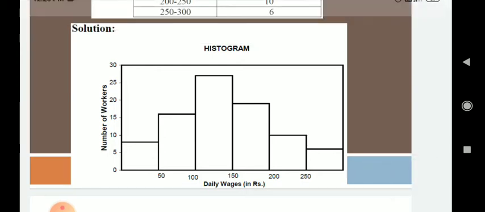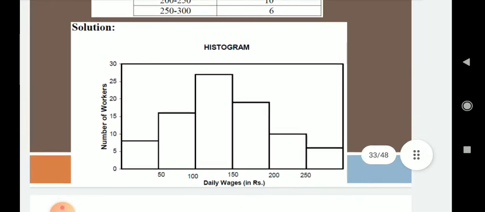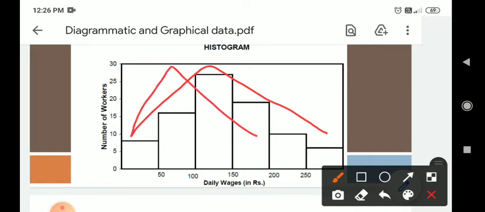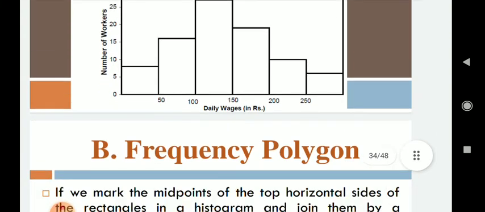Now the next step is, don't leave a gap between the first rectangle and the second rectangle. Join it, and 50 to 100, 16, and so on. Generally in a histogram you'll get a V kind of shape. Always remember, generally in any frequency distribution, you'll get a V type of shape. The V might be different, but you'll get a V kind of shape, that is an inverted V kind of shape. So this is your histogram, generally asked in your examination for 5 marks.